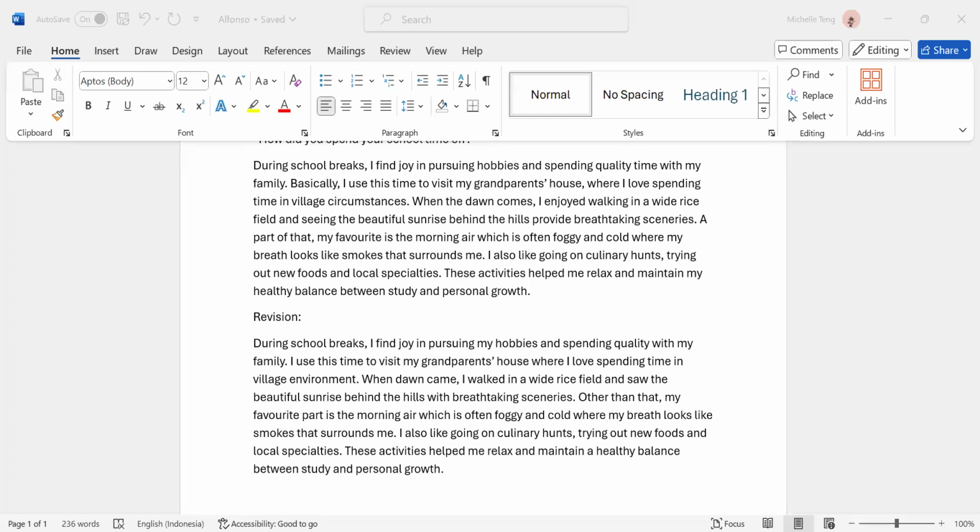So instead of saying "I will spend," I change that to, of course, "I spent more time," because right here I'm using the past tense to make it more specific. It is a past event, and the past event you're talking about was during the school holidays, and now the school holidays have ended, and you're all back in school. So that's the purpose of changing that to the past tense.